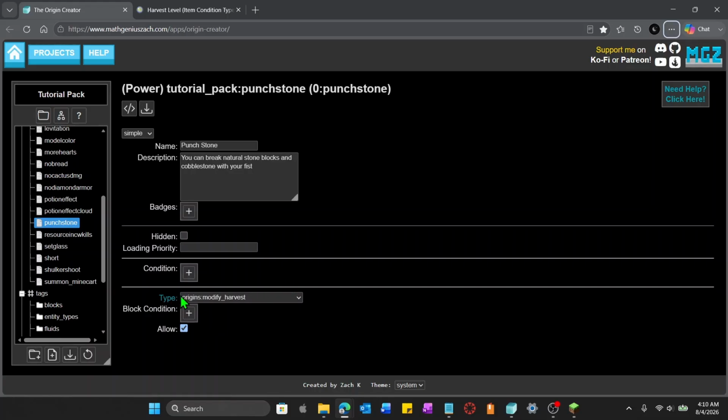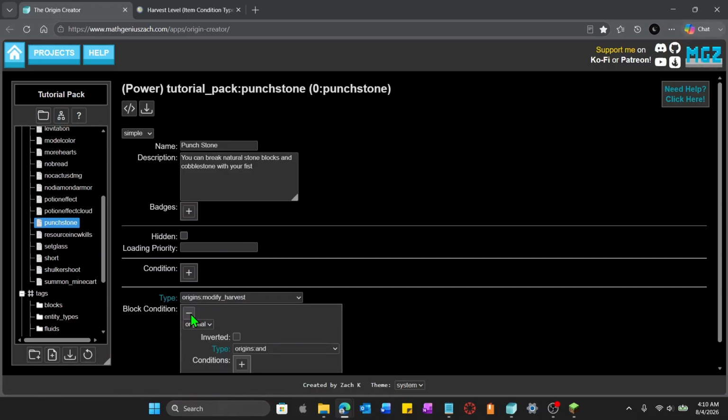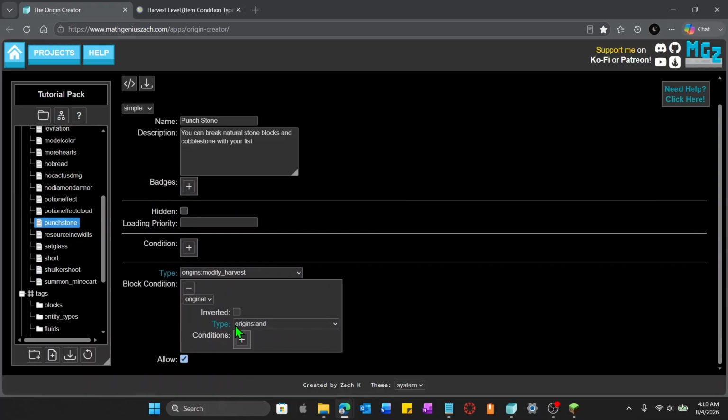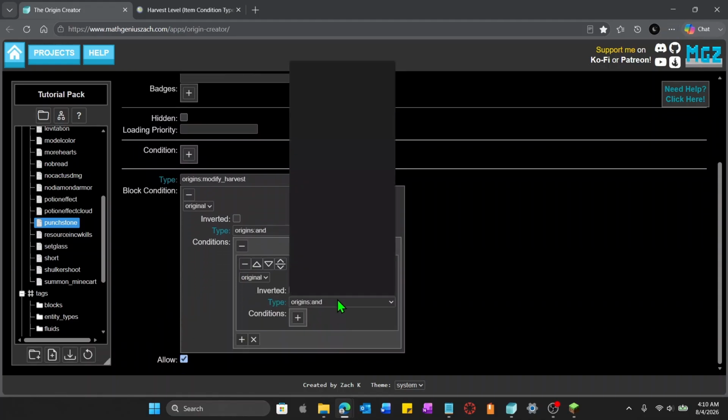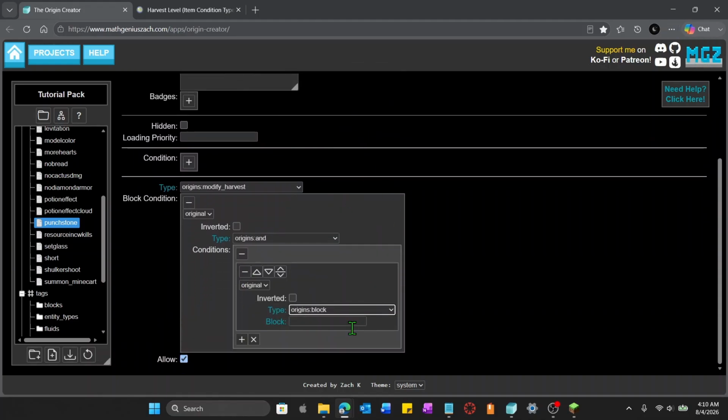So now we've got to say what block we are allowing them to break with their fist and get the drop of. Well, for that we use block condition. Now I'm actually going to use type origins because I want this to be for more than one block. But if you just wanted one, you just use the condition type origins block. And for the block, we're just going to write the Minecraft block name, which, as I've said a million times before in this tutorial, you can find by trying to use the /give command to give yourself an item. So we're going to go minecraft